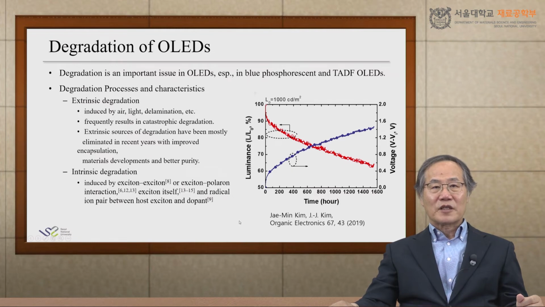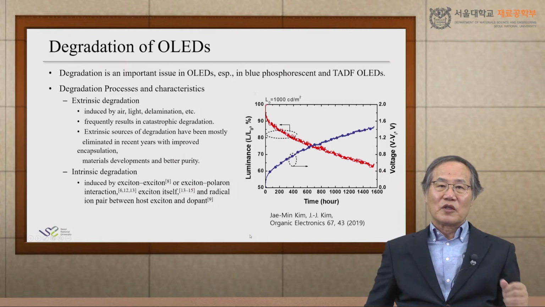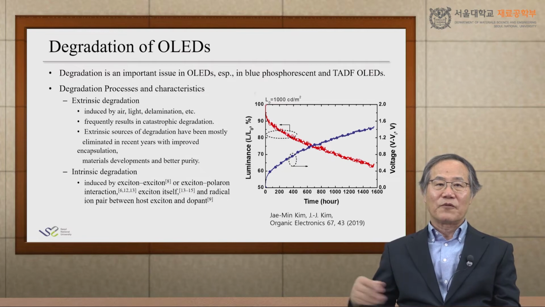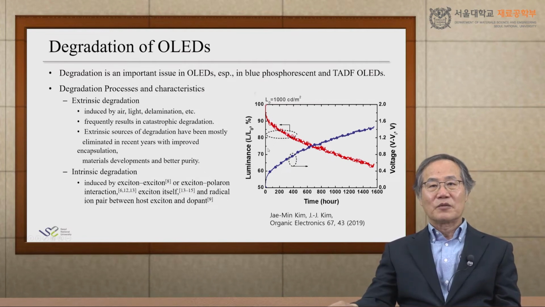Now, finally, I will discuss the degradation of OLED. Degradation is an important issue in OLED, especially in blue phosphorescence and TADF OLED, because of the short lifetimes. Fluorescent OLED is used, and power consumption is big, and also image burning, image sticking is sometimes actually observed in OLED devices. The degradation process has been studied from the beginning